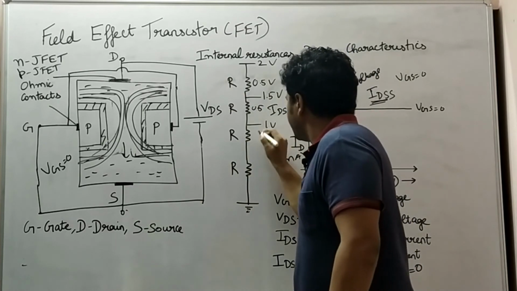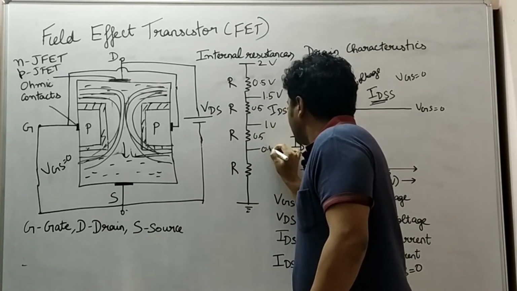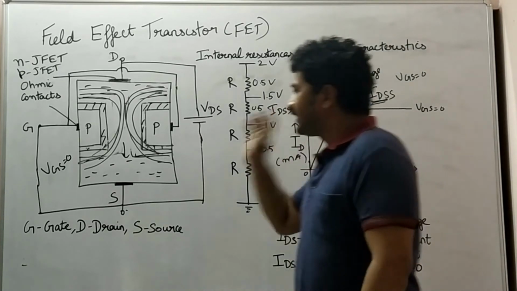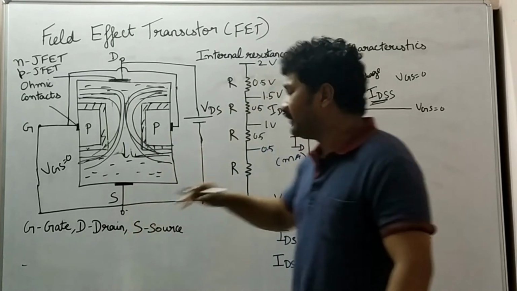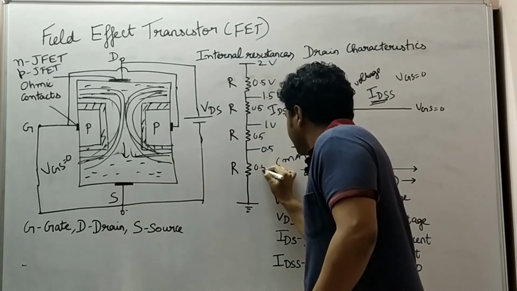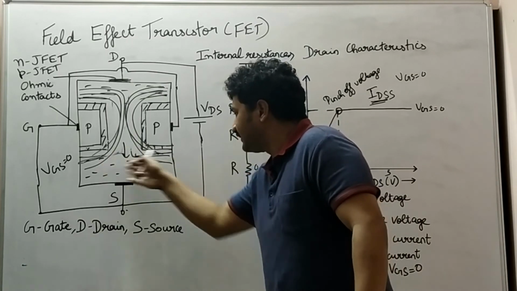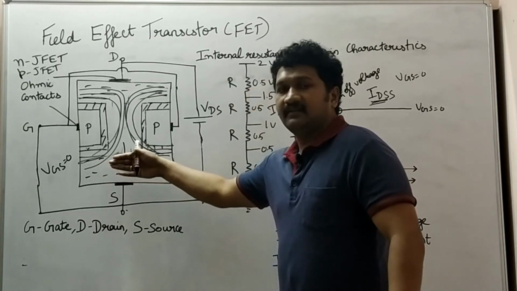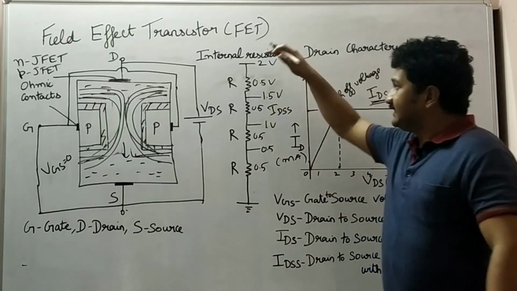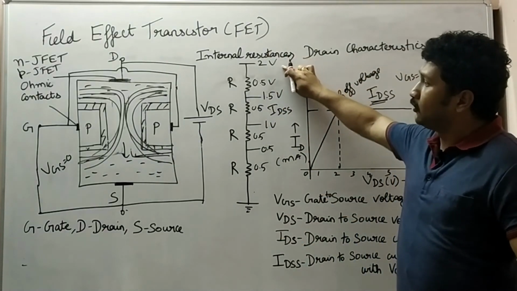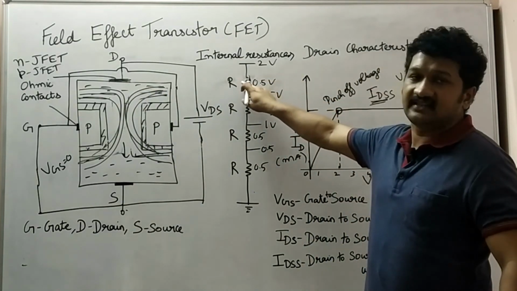Still moving below, another 0.5 is dropped and we get 0.5 voltage. So if you can see here, this is 0.5 voltage. And still moving down, another 0.5, we get 0 voltage, and you can see here there is no depletion region increase. Okay, again I say there are internal resistances. If you apply 2 volt, from here 0.5 volt gets dropped here because of this resistance.